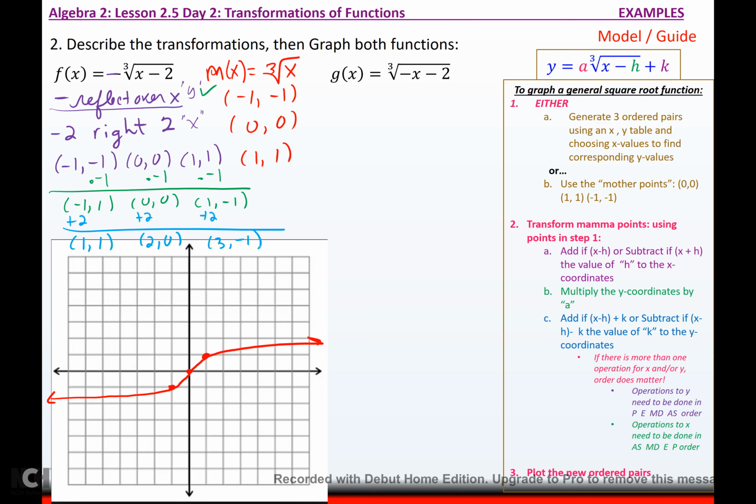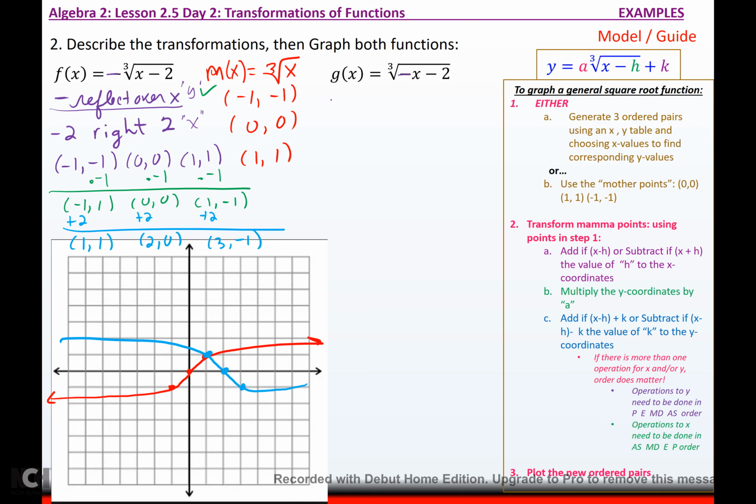And if I plot those ordered pairs, 1, 1, 2, 0, 3, negative 1. And again, you've got to kind of pay attention. I know this thing reflected over x, so it turned upside down. So this thing is going to snake backwards. Okay? That would be the f function. Now, to do g,